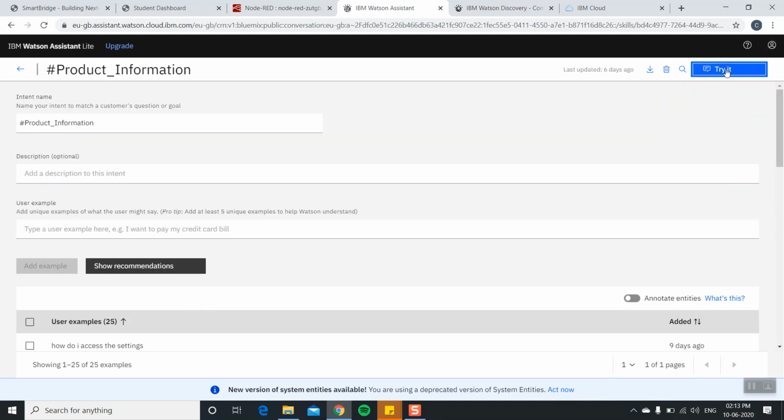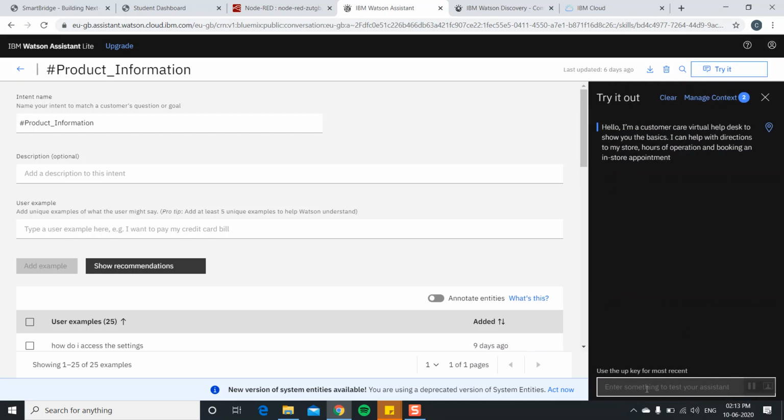And then here we can try it out. As we are adding the questions, the bot or the assistant is getting trained, and we can check it out here.